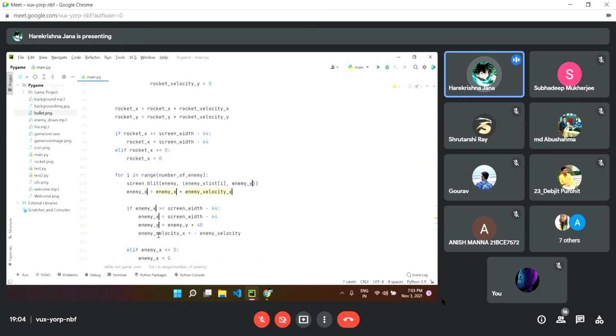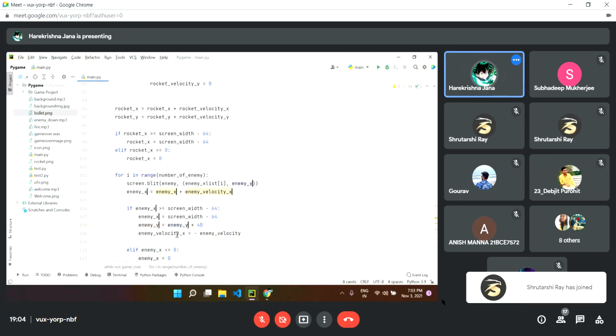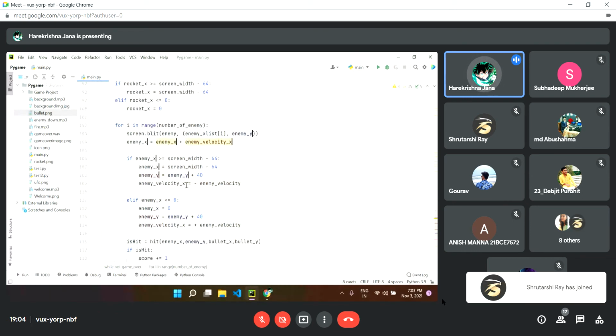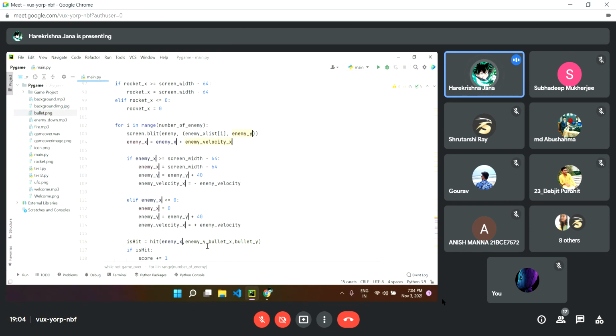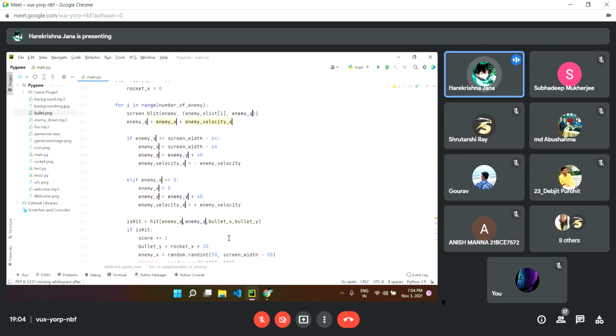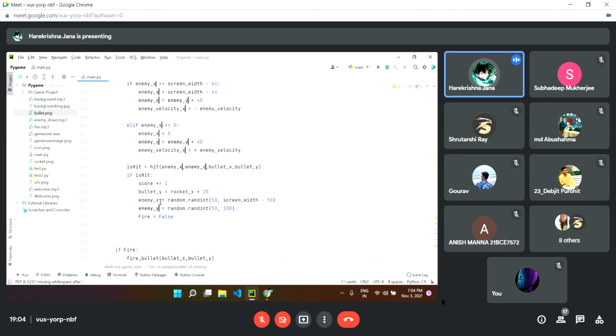Going to set the cursor. To set the cursor all in all, we have to press the alt key and select where we want to set it. Here, here, here, here, here, and wherever there is enemy X and Y, bullet,